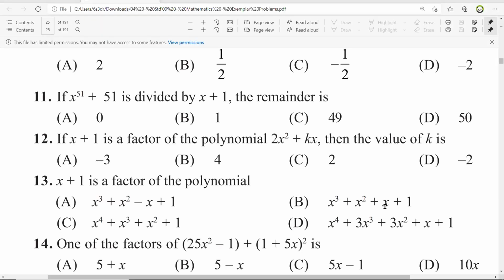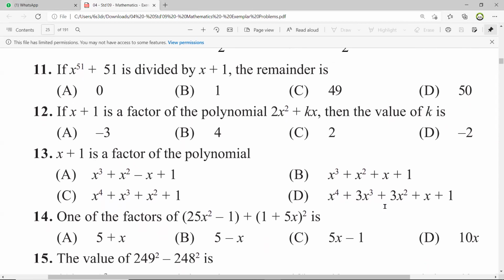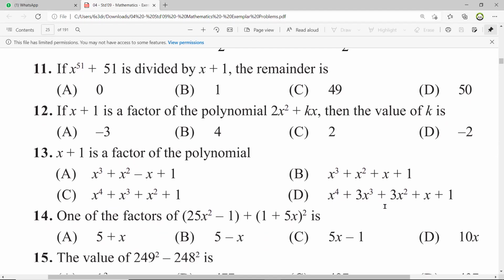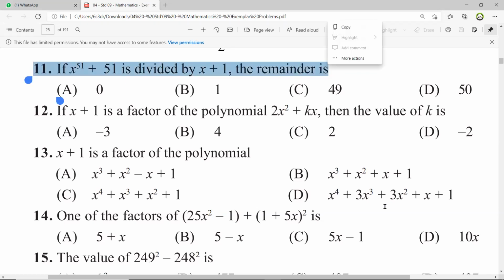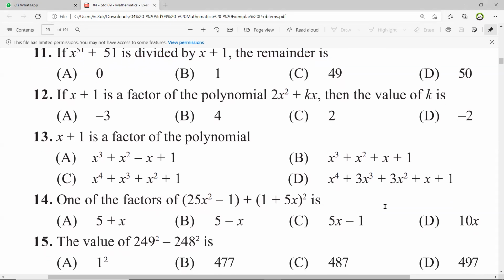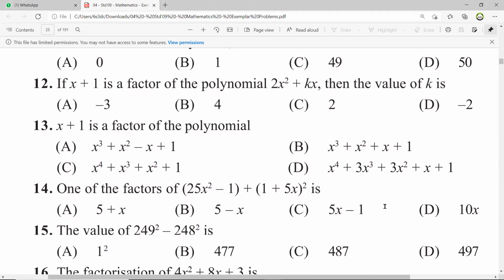All right. So we have another question. Let me just open my PDF. Yeah. So can you see question number 12? So I think in the previous lesson, we were able to solve this one, right? We were able to do the 11th one. So now let's do the 12th one. Ma'am, we have done the 12th one. Oh, we have done it? Okay, cool. Now let's do the 13th one.